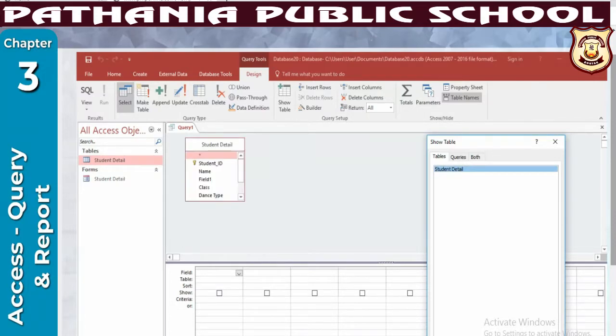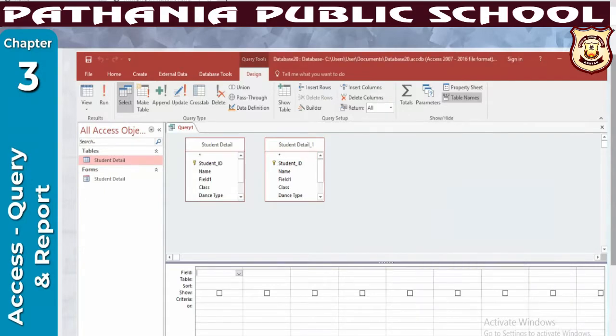A box appears in the Select Query window displaying the fields for the table you selected. Repeat steps 3 and 4 for each table you want to use in your query. Click on Close button to hide the Show Table dialog box. In case of multiple tables, the field lists are joined by a line. These joined lines link key fields that share the same field name. The joined lines indicate table relationships that relate the data in one table to the data in the other.